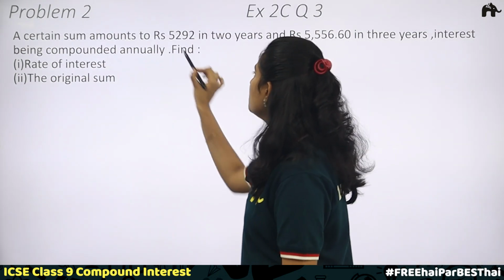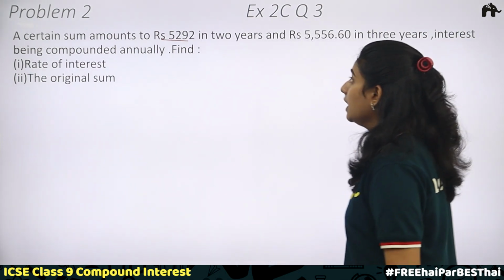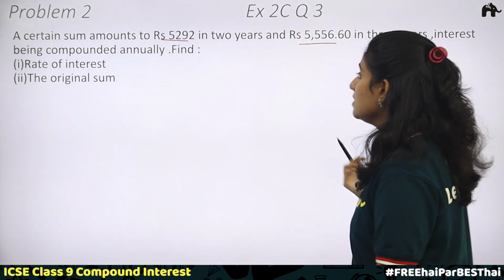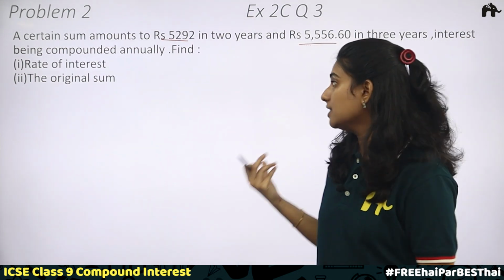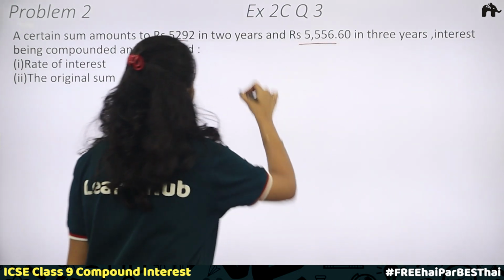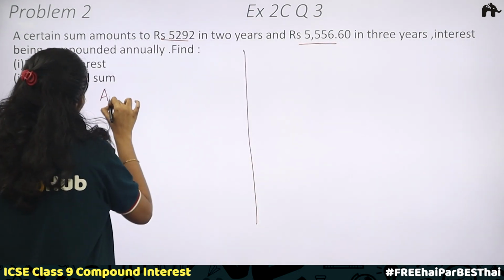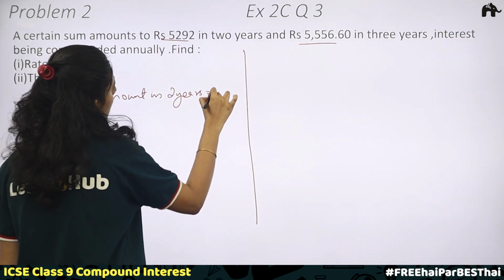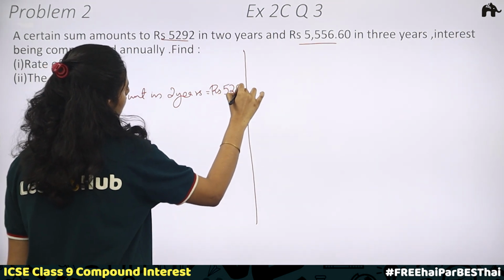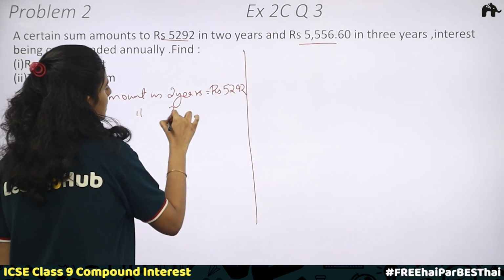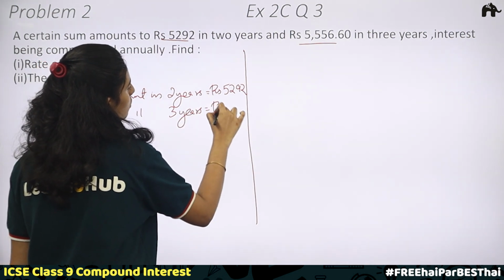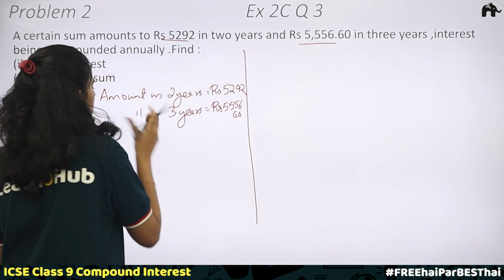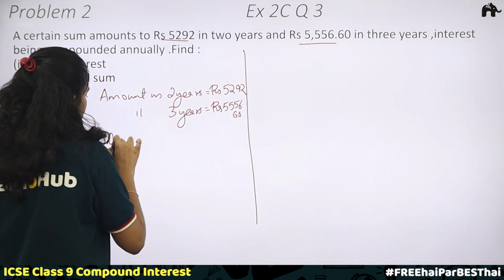A certain sum amounts to rupees 5292 in 2 years and rupees 5556.60 in 3 years. Interest being compounded annually. Find the rate of interest and the original sum. So here we have the amount in 2 years given, that is rupees 5292. Then the amount in 3 years is given, which is equal to rupees 5556.60. Now, to get the interest, we'll find the difference